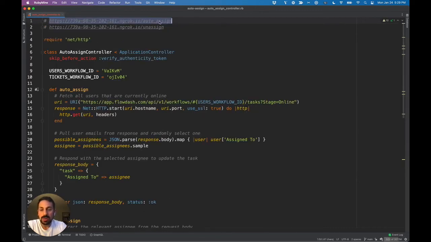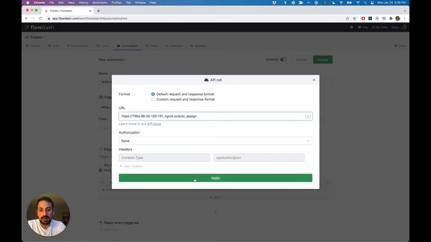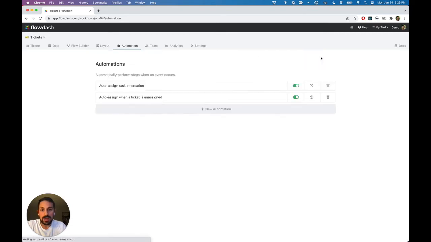So that's the auto assign endpoint. Paste it right there. Apply and create. All right, so we're almost there. We've got the auto assignment on task creation. We've got the auto assignment when a ticket is unassigned. The last one we're missing is whenever somebody goes offline, we want to unassign all the tasks that are currently